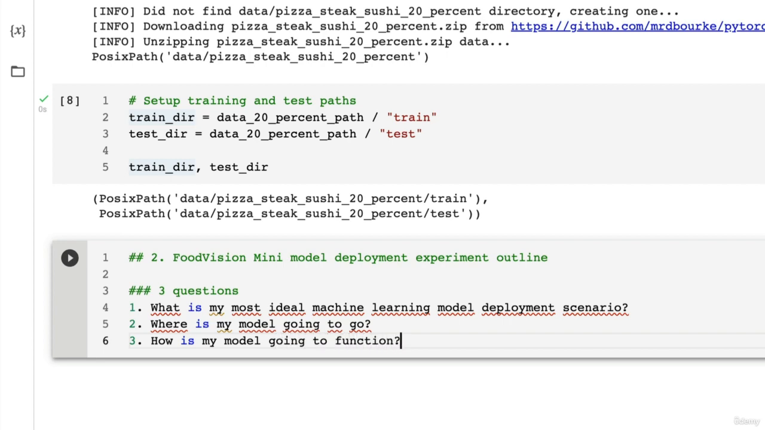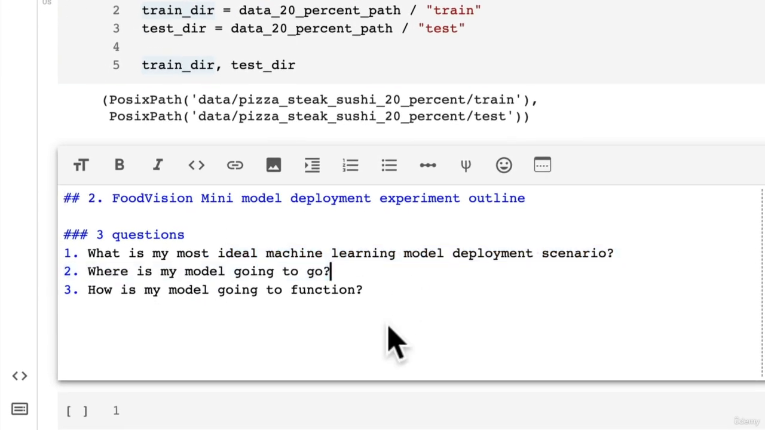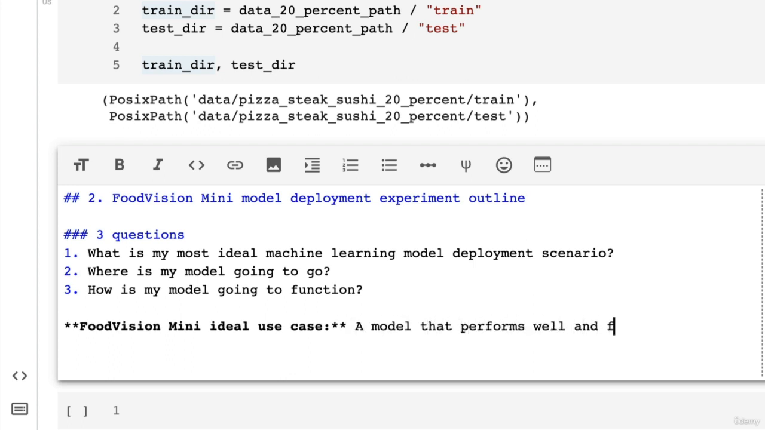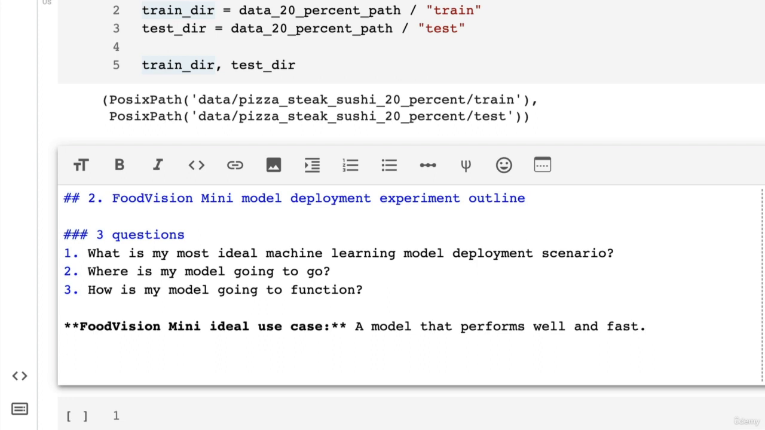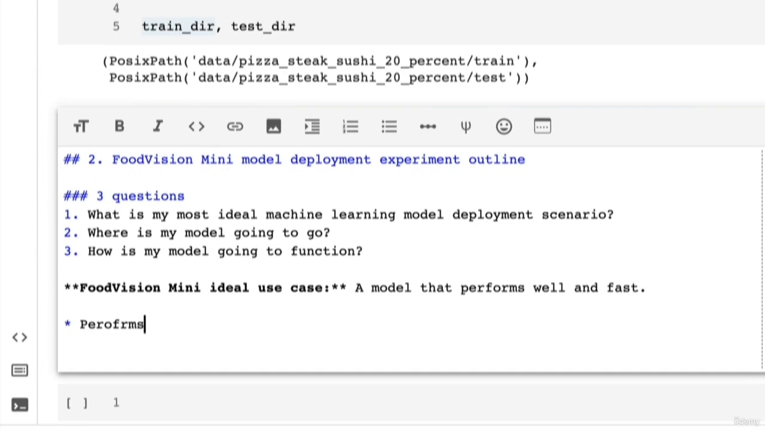So when we think about it, what is our most ideal use case for Food Vision Mini? So let's write this down. Food Vision Mini ideal use case. What would it be? Well, a model that performs well and fast. Let's make that a little bit more concrete. So well and fast is, how about performs well